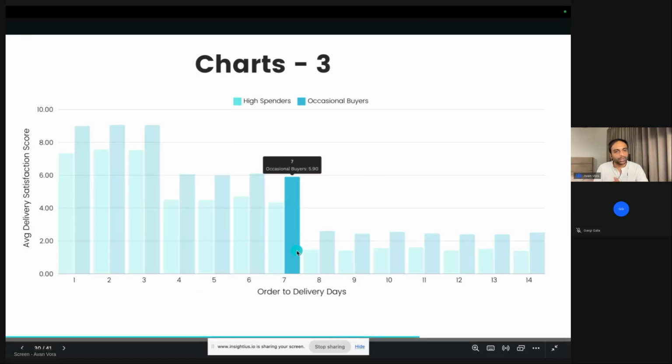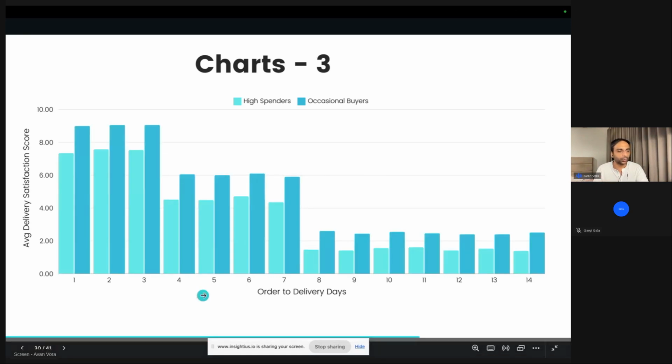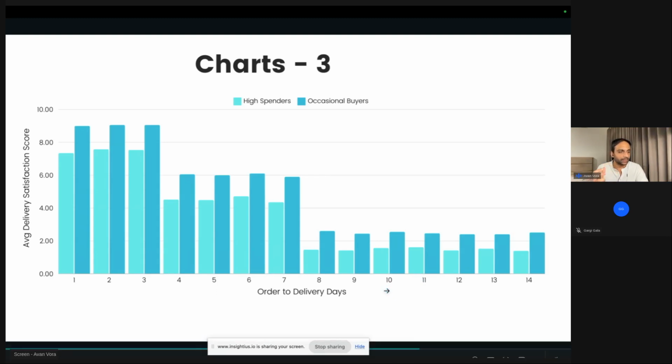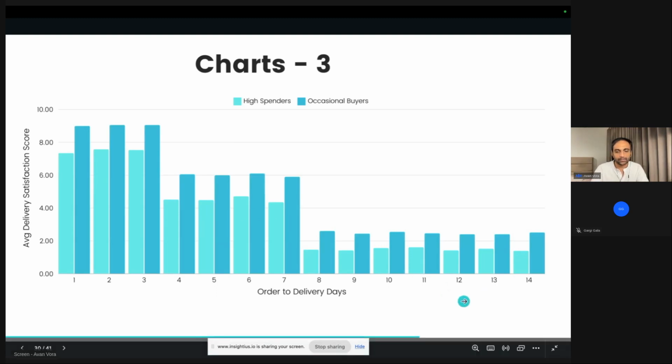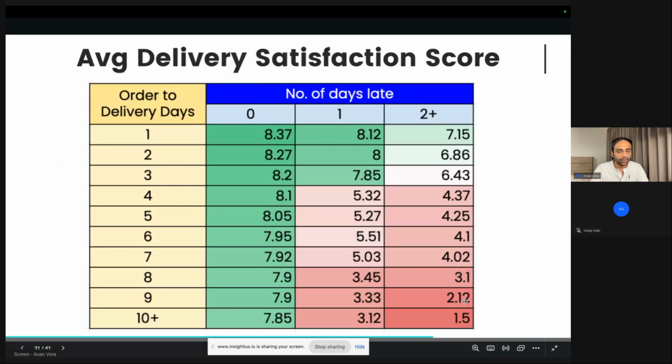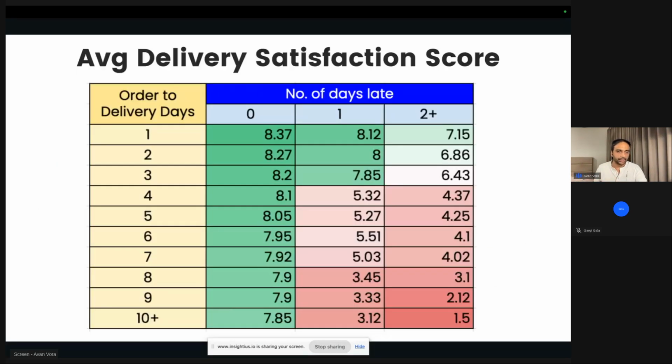It's very important to convert these numbers into a story, right? That's what we are doing. We are converting these numbers into a story so that you can actually give insights. Make sense? Any questions here? Is this making sense, guys? Yes? Okay, perfect. Okay, last chart, and then we'll come to storytelling.